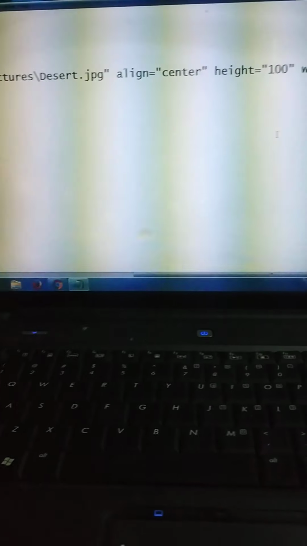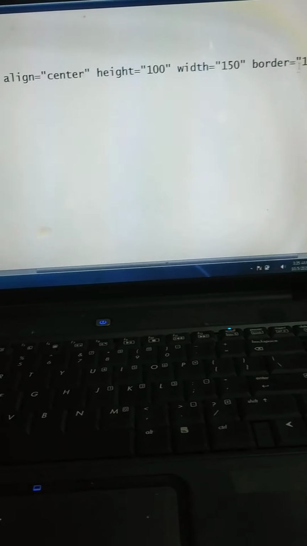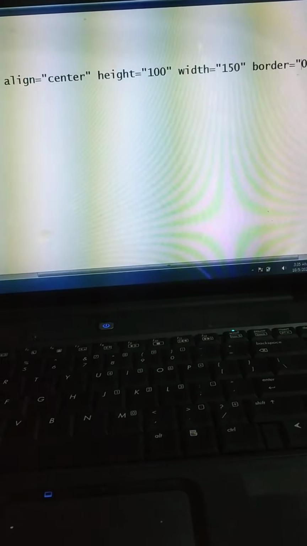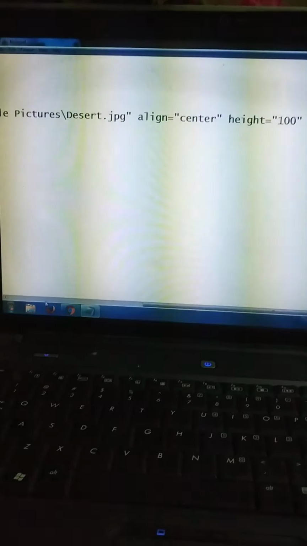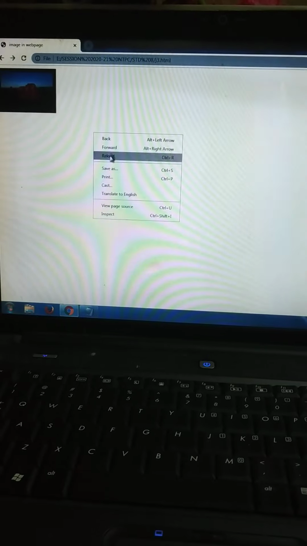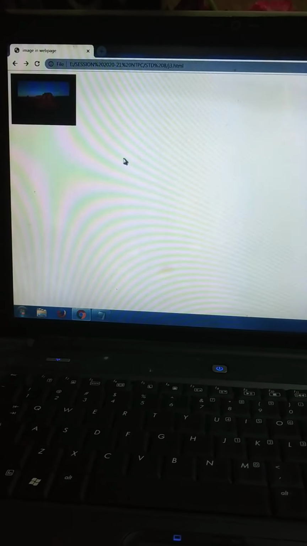Now you can see here that the picture is having a black border wherein I have given the value 10. Now if I change the value of the border, suppose I make it 20. Okay, then again I save it, and again I check it here by reloading in the web browser. So you can see that the particular border has thickened. Okay, the border has become thick enough.